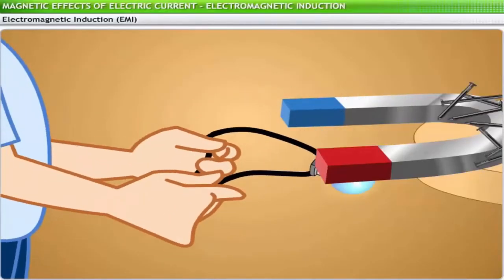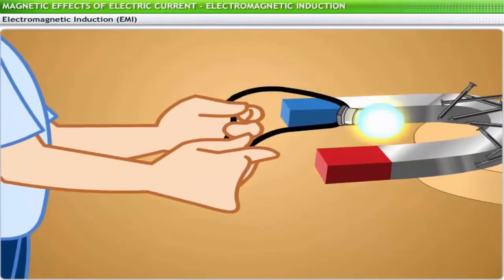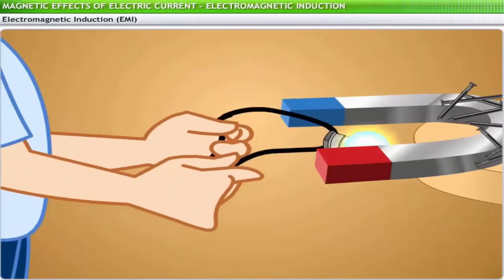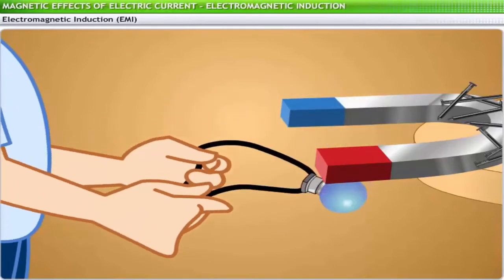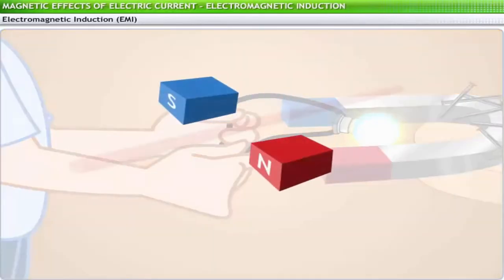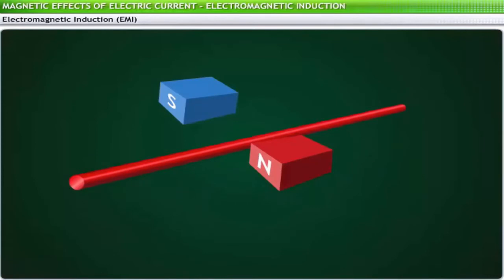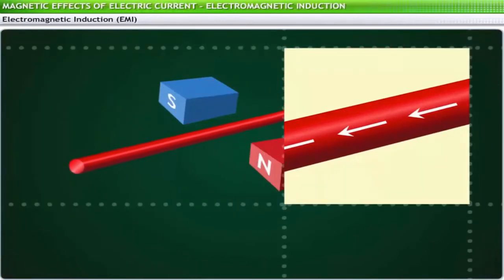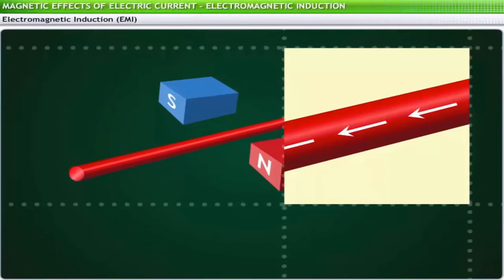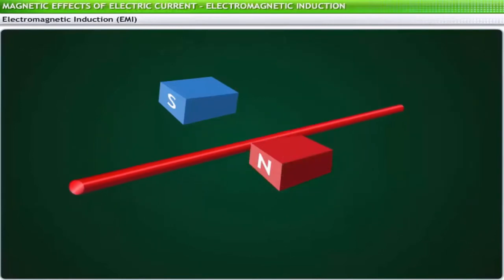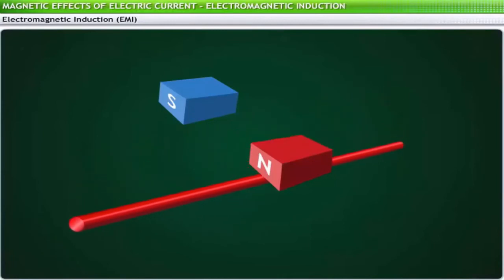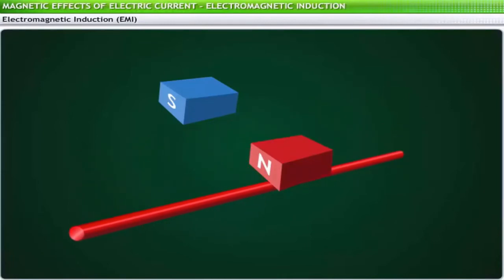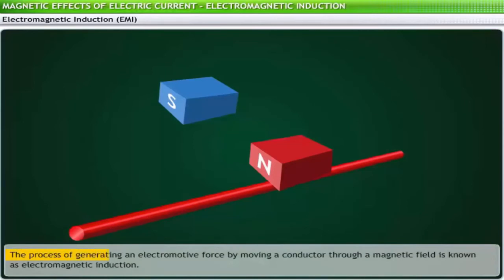You just observed that there was no electric cell to maintain a potential difference across the circuit. Yet, the bulb started glowing. When the wire is moved across a magnetic field, the free electrons in the wire experience a force that makes them move through the wire, inducing an electromotive force EMF, and thus an electric current in the wire. This process of generating an EMF in a conductor by moving the conductor through an external magnetic field is known